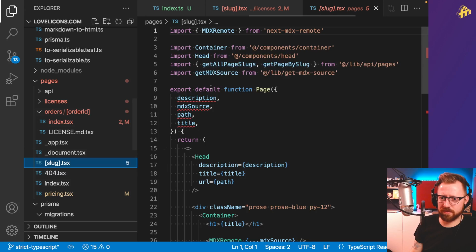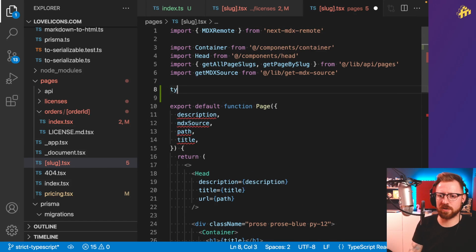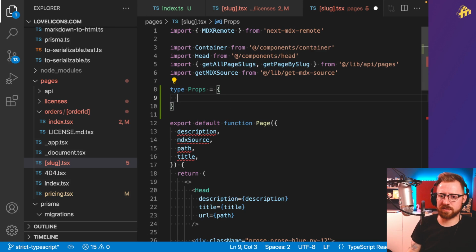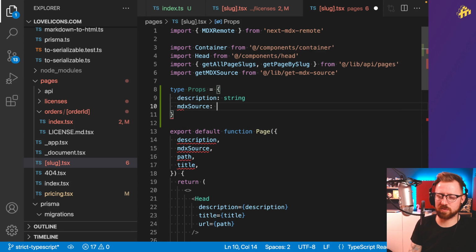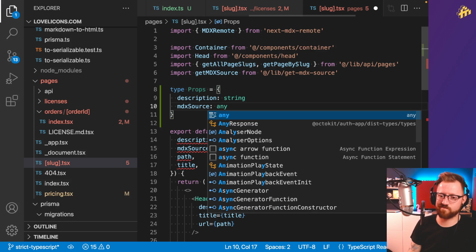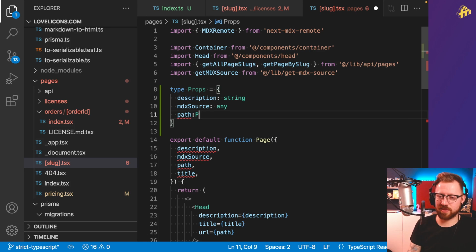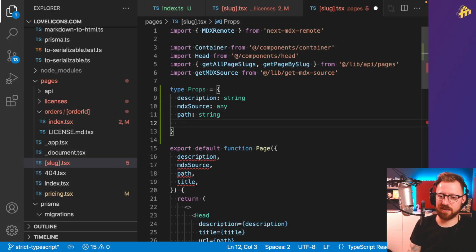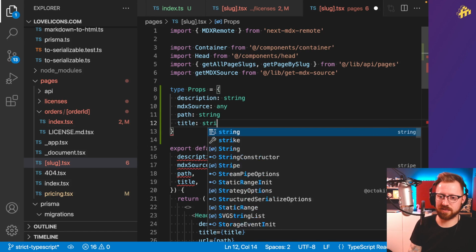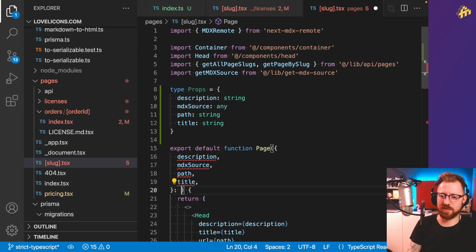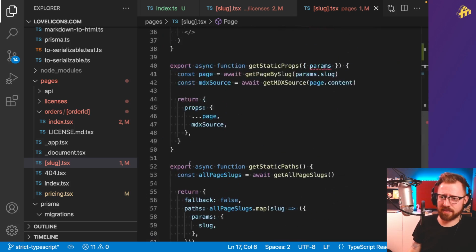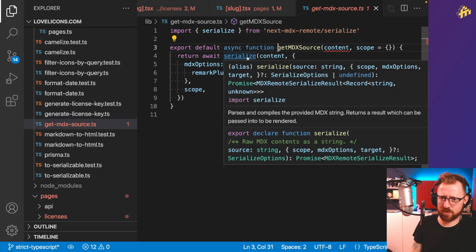This page will now look familiar, like this is the same pattern we've had before. Type props equals description string, mdx source. Okay. I skipped that earlier. And title is a string. You're of type props. So mdx source is something that is generated by this function get mdx source, which calls